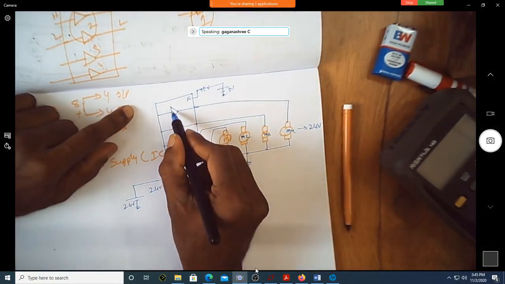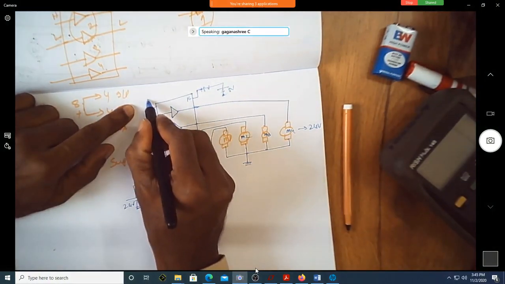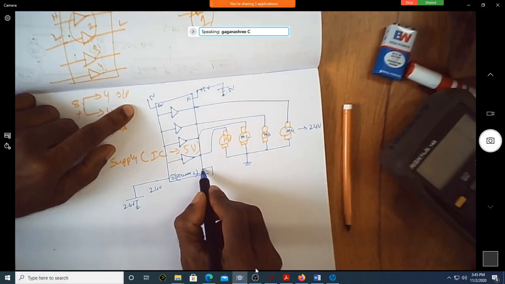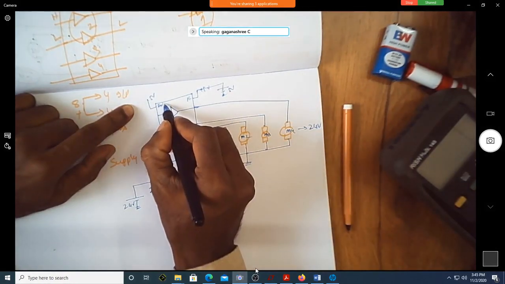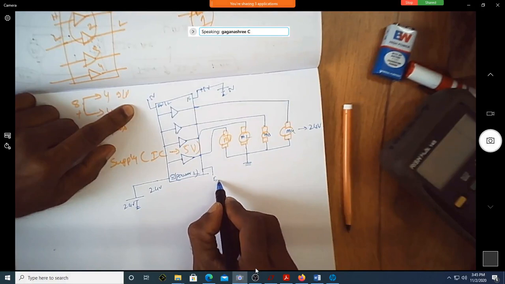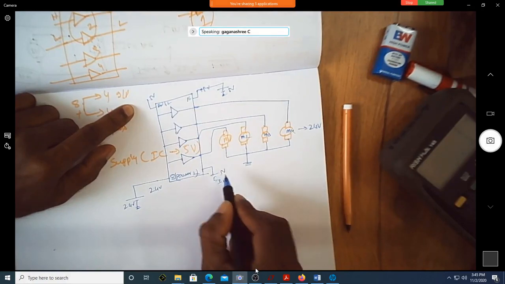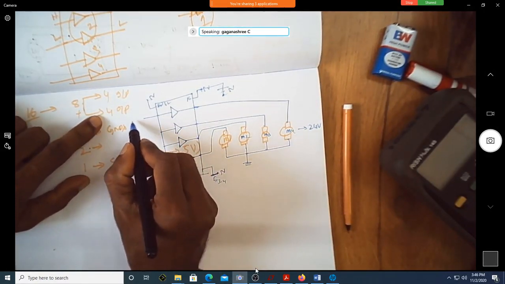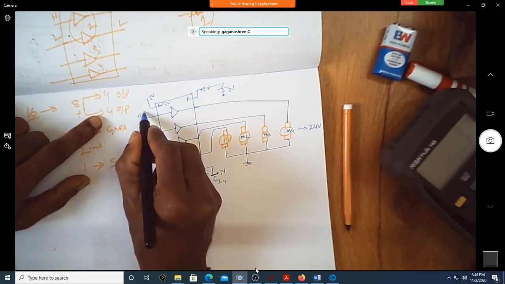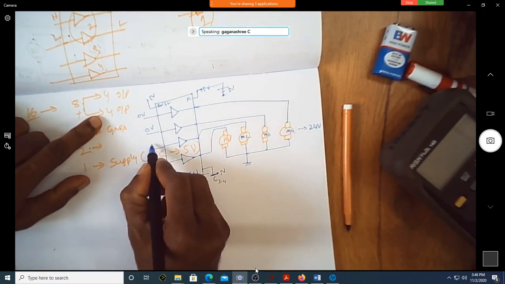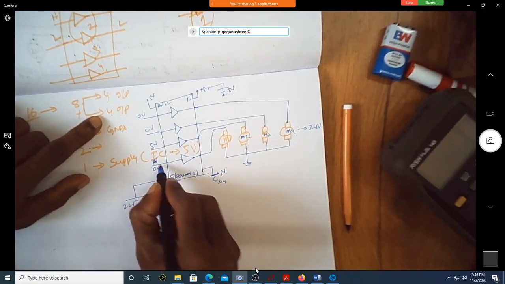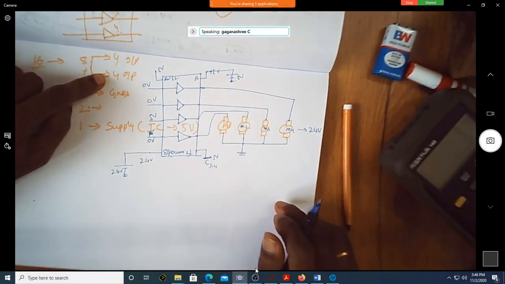Since you are using all 4, the enable for 1 and 2, and for 3 and 4, should also be 5 volt. And here, if you connect this to 0 volt, which motor will run now?